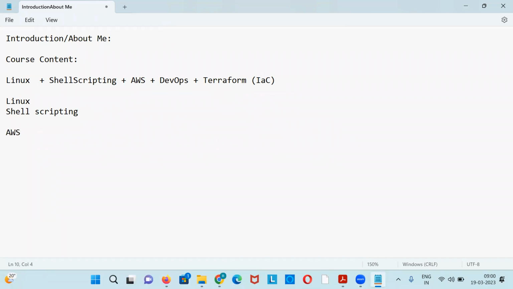Why not DevOps first? AWS, once you gain the operating system knowledge, you have to deploy the infrastructure. For example, you want to learn some technology, DevOps only, and you don't have a laptop. First you will search for a laptop, right? You don't do it with pen and paper. For practicing, definitely you need a machine or instance or laptop. How will you get the laptop? You will take it on rental, or buy a new laptop. That is called infrastructure.